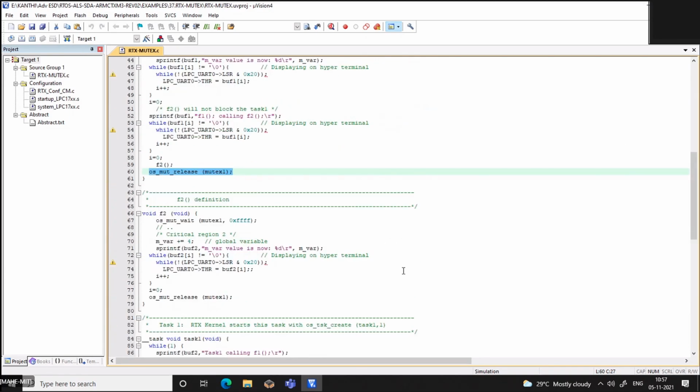I got your point. You mean to say that until and unless this is complete, you cannot come to this, right? Because it is not released. And moreover, I cannot have something like a mutex release function in the beginning itself.